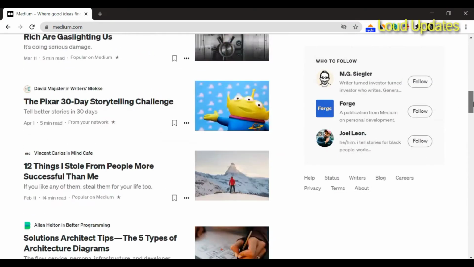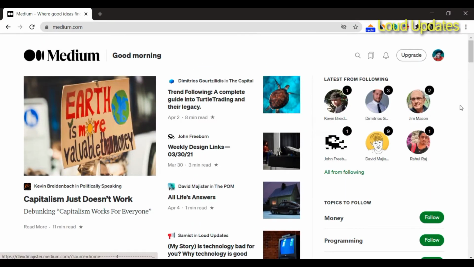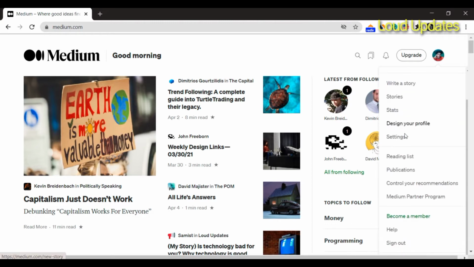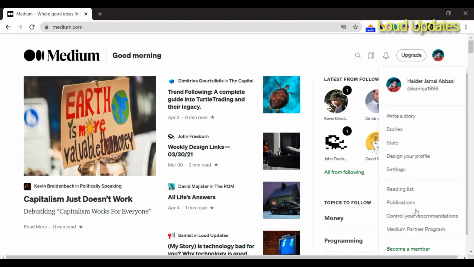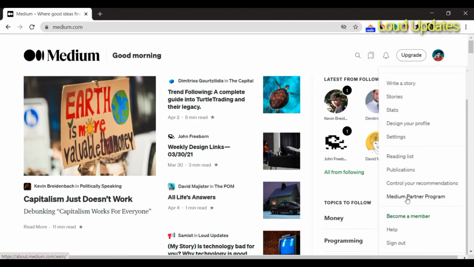Do you want to join the Medium Partner Program and are you facing some difficulties joining it? It is easy to join the Medium Partner Program and fill out your tax information. Now log in with your profile and click on Medium Partner Program